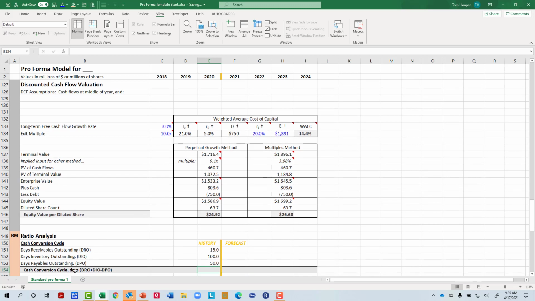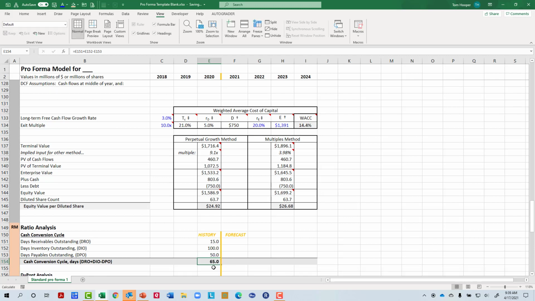And then the cash conversion cycle says that it's how long it takes you to get paid plus how long you have to leave your stuff in inventory less how long you get to wait to pay your bills. So that's how long it takes us to get $1 converted into cash. And we can copy that one forward. And had we changed those drivers upstairs, then we could see what effect it was making on our overall cash